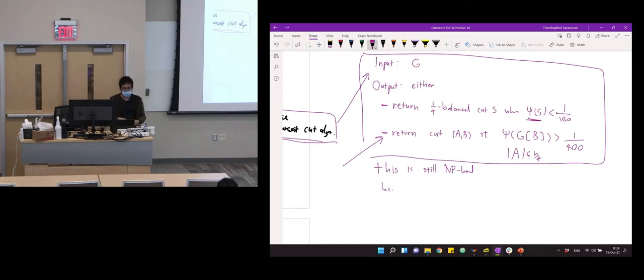And if the graph has expansion less than 1/1000, say, then